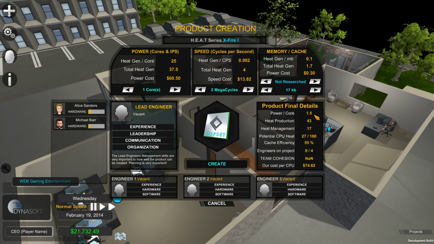Your power per core right now sits at 1.5. Essentially, that's your instructions per second, although it won't be in fractions in the game, just whole numbers. So that's how powerful your 1 core is. You can see how we can get into strategy when you're competing with other companies. If they have a power core that only has a score of 1, versus your 1.5 or 2,